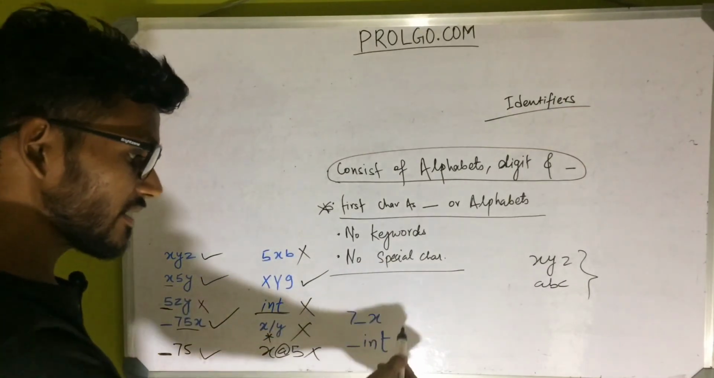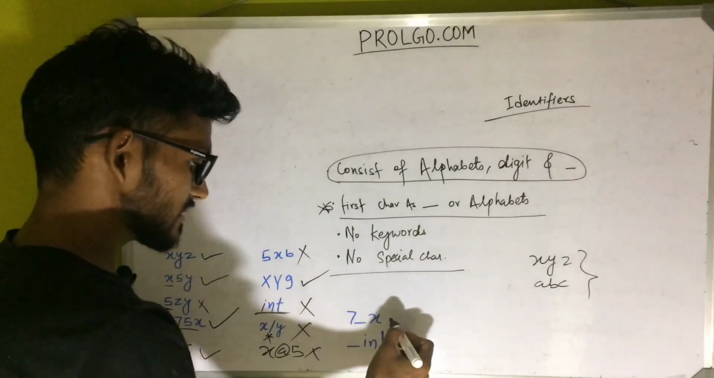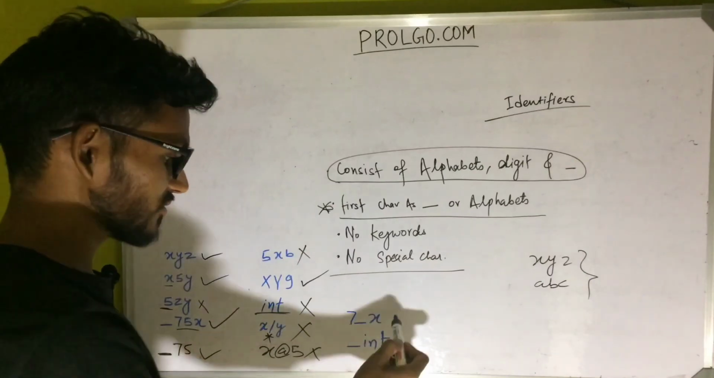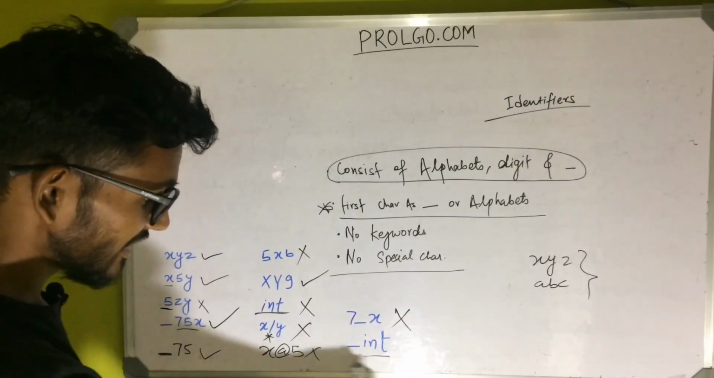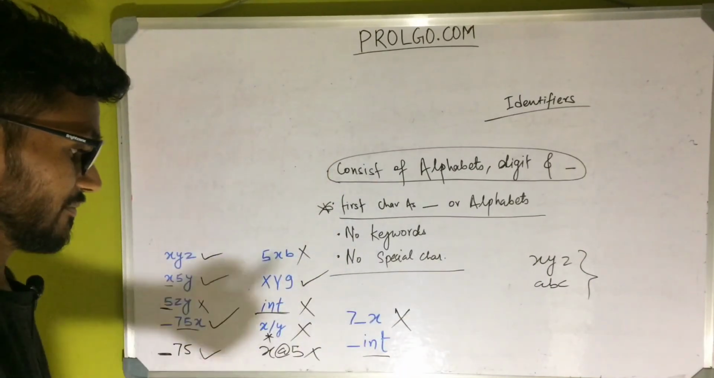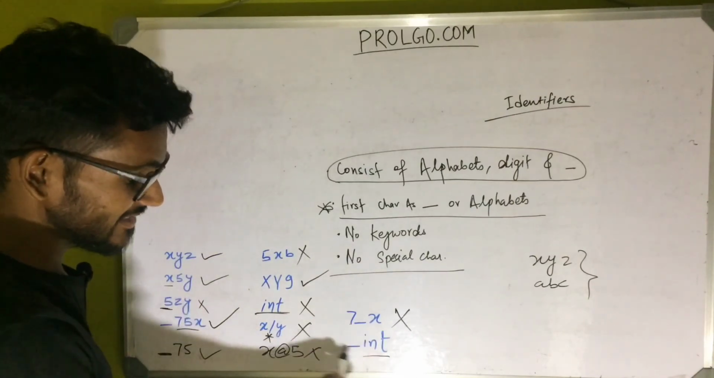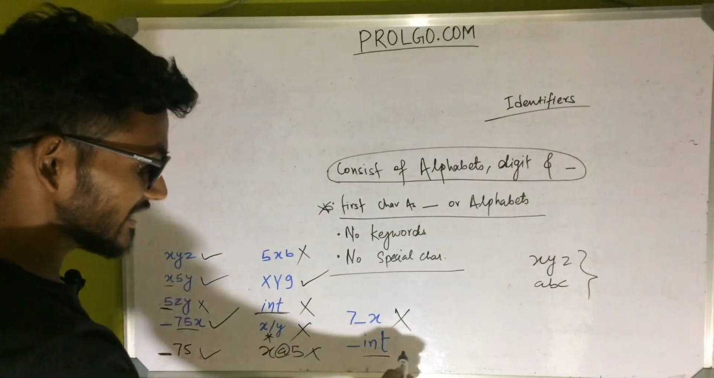This one, 7_X, of course this is not valid, because this is starting with 7, I mean a number, so this cannot be. Here it is _integer, this might be interesting. Here we have taken integer but starting with an underscore, so this can definitely